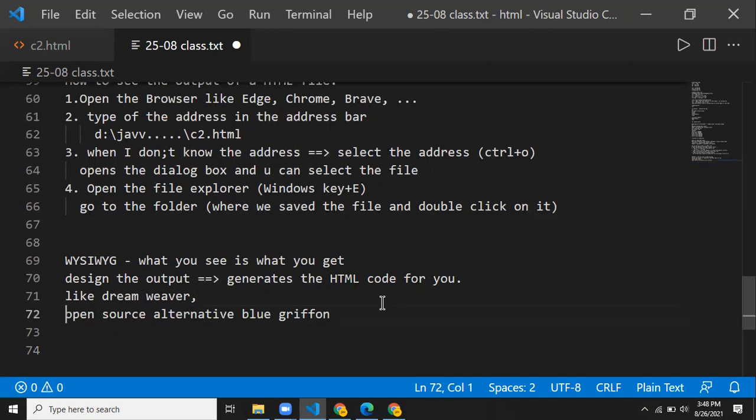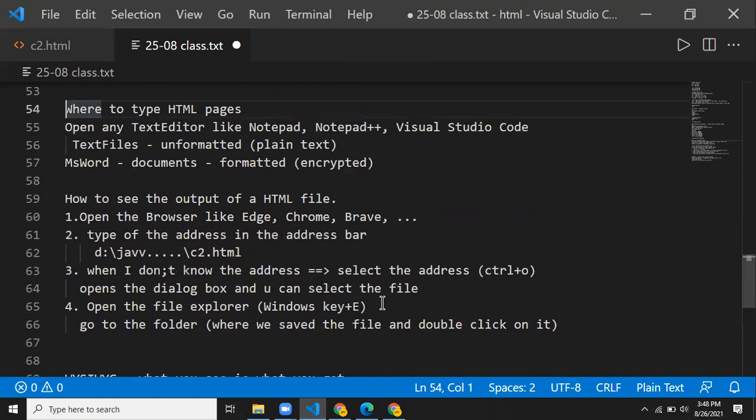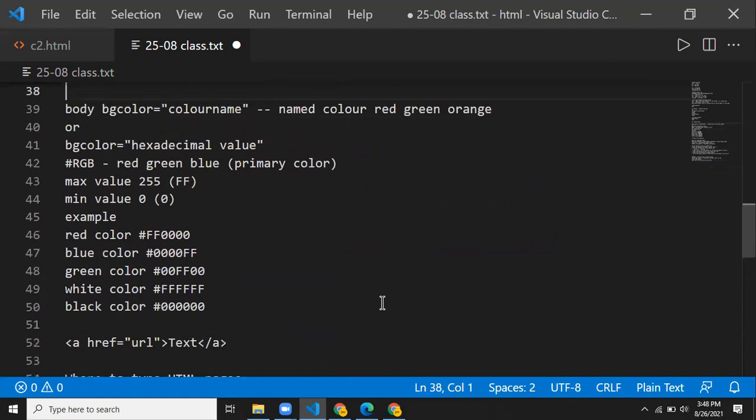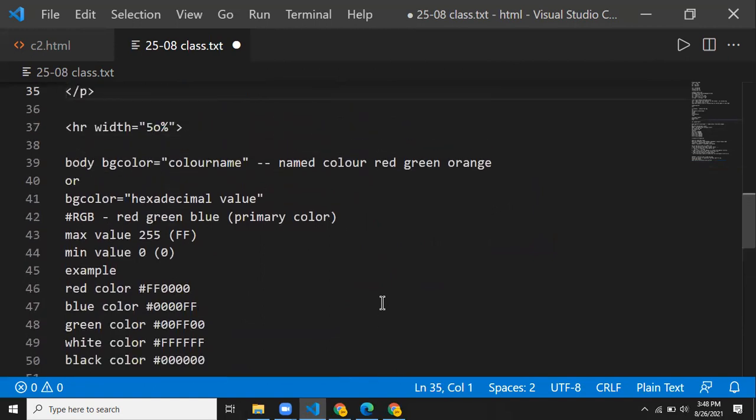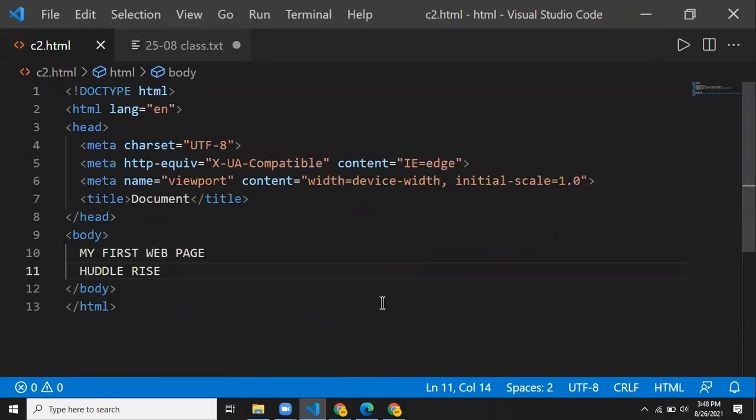Okay. Now let us learn something about our HTML part, what we are discussing about. Now remember, when I'm typing something, let us say I'm having my file and the c2.html file is there. But actually, when you look at the designing work we have done and the output we are going to get, there is no match for me here. I have placed my first web page in one line. In another line, I am typing the heading I have typed. So I'm typing it in two different lines.